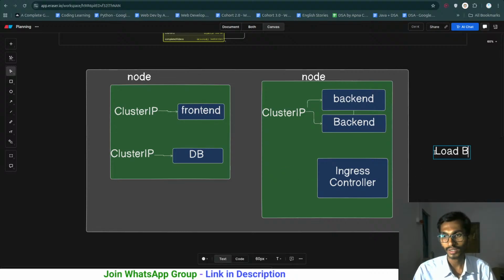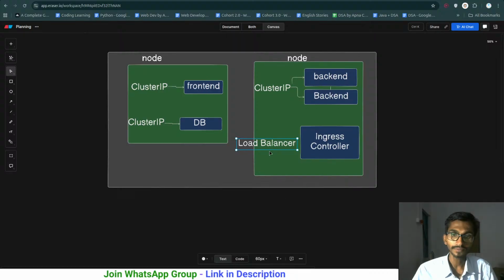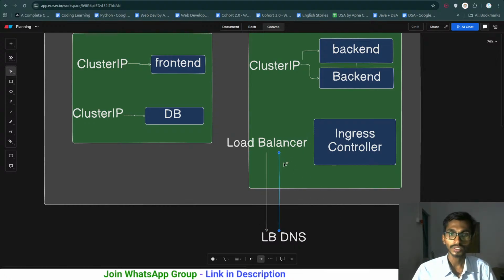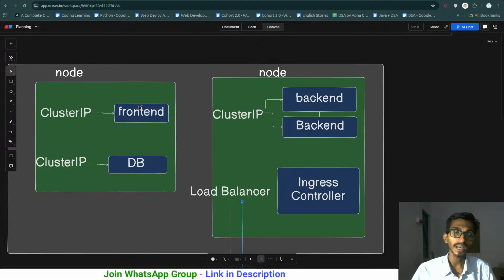This load balancer will be giving me the DNS. So we will get a load balancer DNS, and using this we will be able to simply make a request to this, and once the request goes here, as these are the nodes and these are the pods,